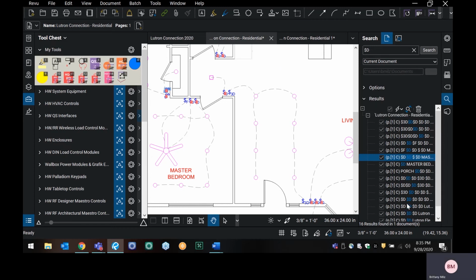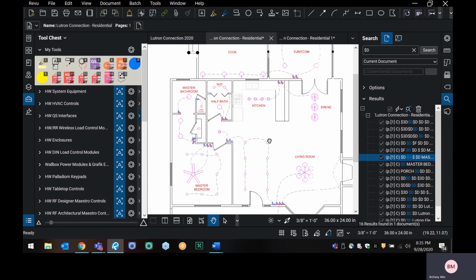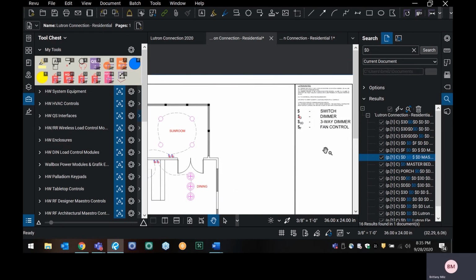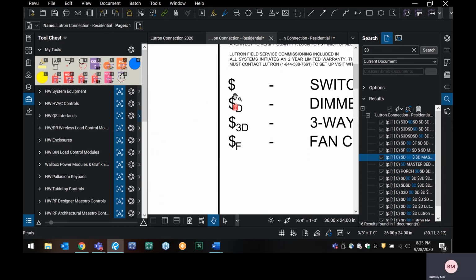Now I know for a fact this shows that we have 16 results found, but there's only 15 Pro Dimmers that will need to be on this floor plan. So as I scroll over to my legend, we can see that $D has been pegged with a Pro Dimmer. So how do I delete that without deleting all of the product that I just had stamped using the search